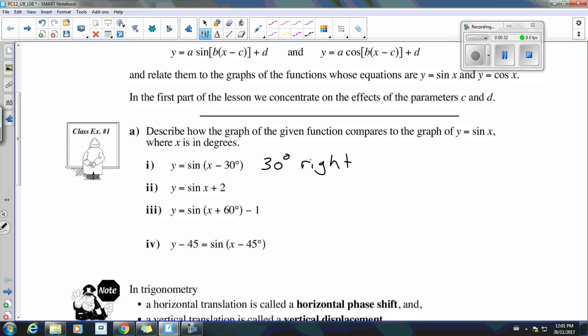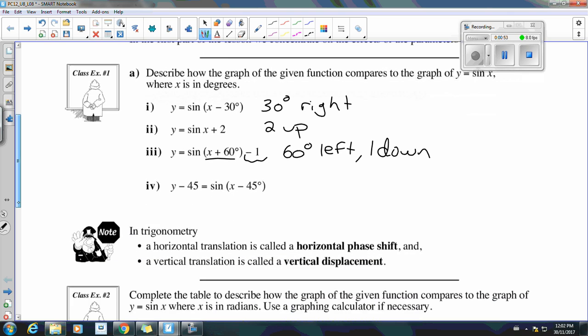What about sine of x plus 2? Well, since that 2 is out of the brackets, we can use vertical translation, and we go 2 up. 3, we now have replaced x with x plus 60 degrees, so that means we go 60 degrees to the left. The subtract 1 means we go 1 down, so there's a horizontal and vertical translation. And